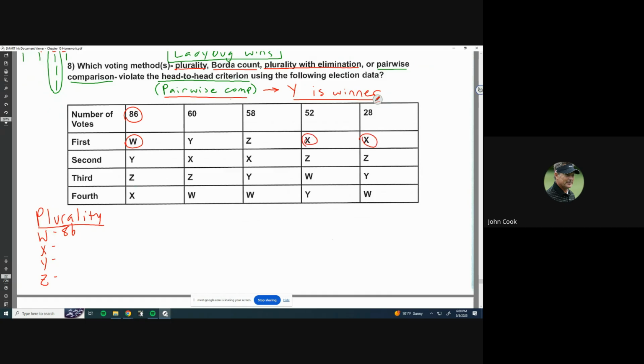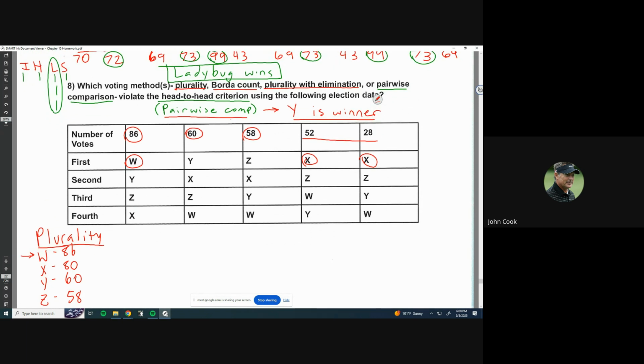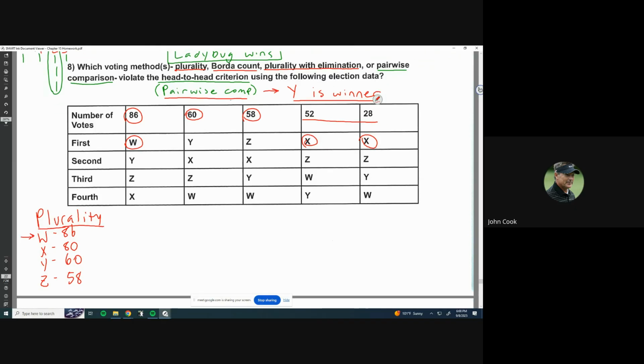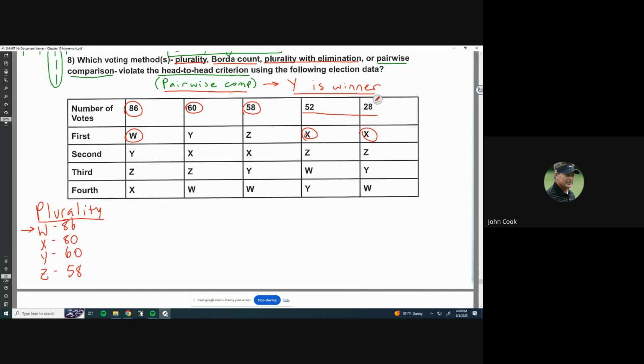X has these two, so that'd be 70, 80. And then Y has 60. And Z has 58. All right, so who's the winner on this one? It looks like it's W. W is the winner. So is W the exact same thing as Y? Of course not. So that means that plurality violates this head-to-head